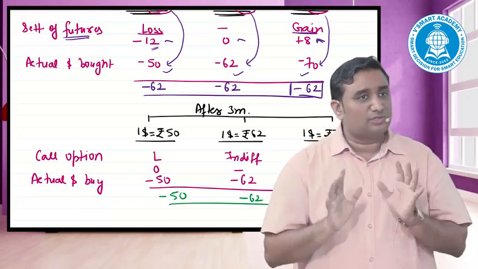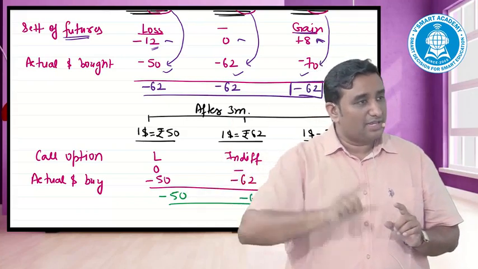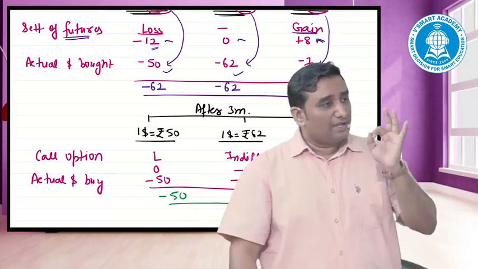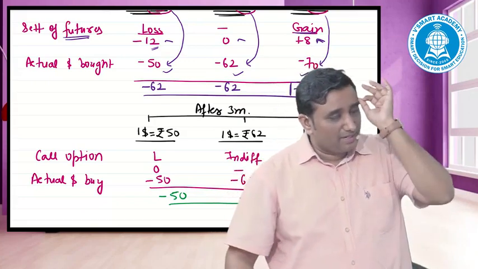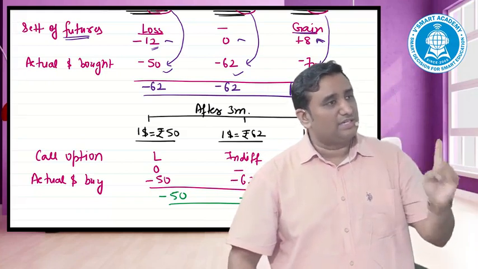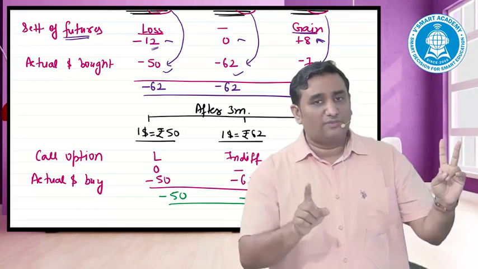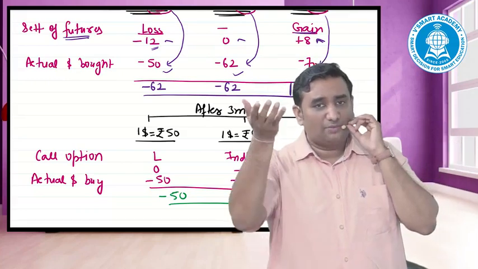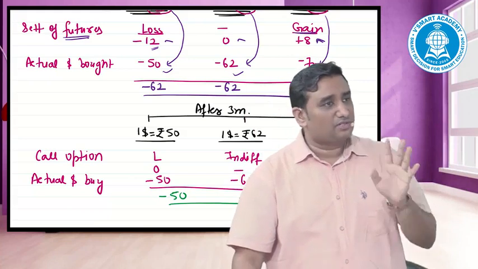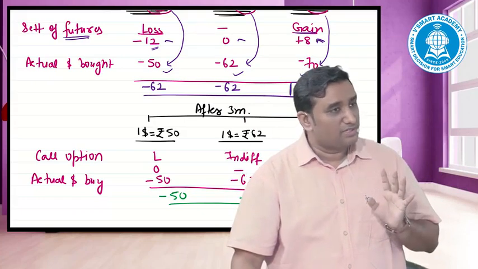What we have assumed is that both are the same. Settlement of the futures will take place in the futures market. Settlement of the cash will take place in the cash market. The first basic rule was this. On the left-hand side, please keep in mind, do not read it as currency, else you will be in a problem for sure. Left is a share, left is a commodity, right is a price. That's it. The futures rule will be comfortable. F plus: upside profit, downside loss. F minus: downside profit, upside loss. Call option exercised when the price goes up, put option exercised when the price goes down.